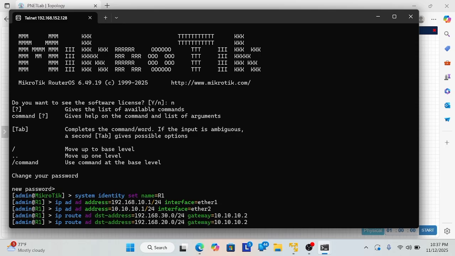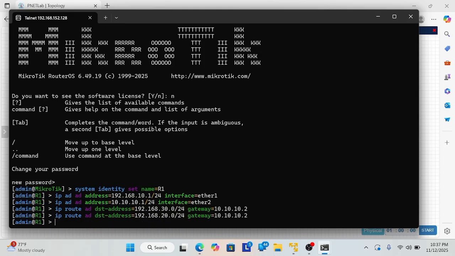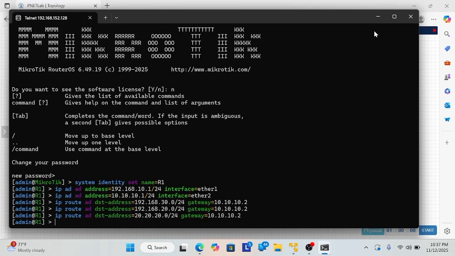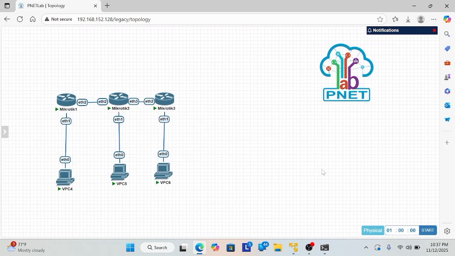You can add another ip route, 20.20.20. Okay, you can enter.